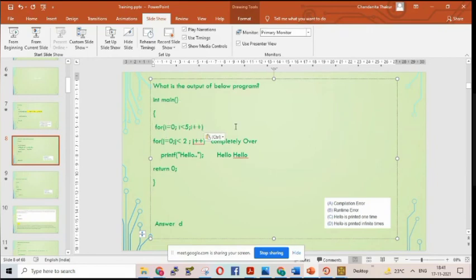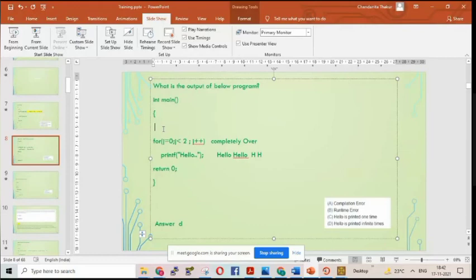Now the outer for loop. What will be the value of I? I equals to 1 now. Remember, I equals to 1. For that, again this inner for loop will be executed. How many times will hello be printed? Again 2 times. I am writing just H. Again 2 times.